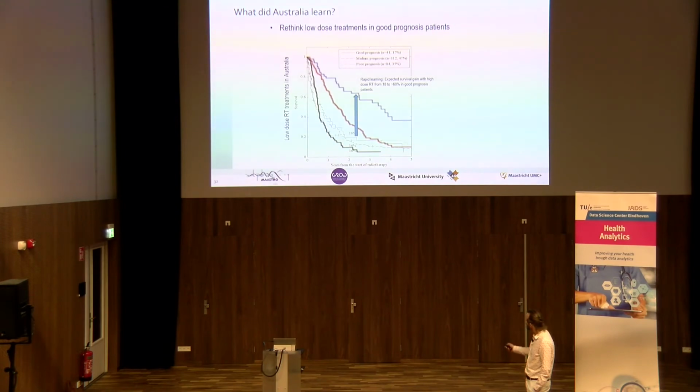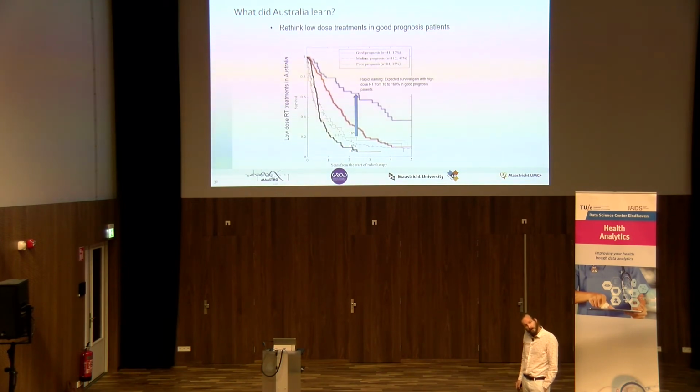in general, because what you see here in this bottom line, this black line, is the survival of patients at MAASTRO, at my clinic, that have a poor prognosis. And you can see a few things. These patients live 6 months, right? Median survival is 6 months. But in these 6 months, we give them concurrent chemoradiation to a high dose, which means that of these 6 months, we make them 2 months sick as hell, right? They're in the hospital, and we irradiate and chemo the hell out of them.